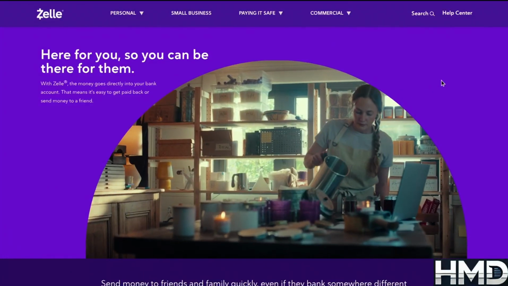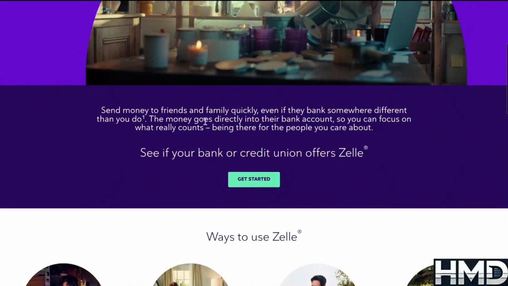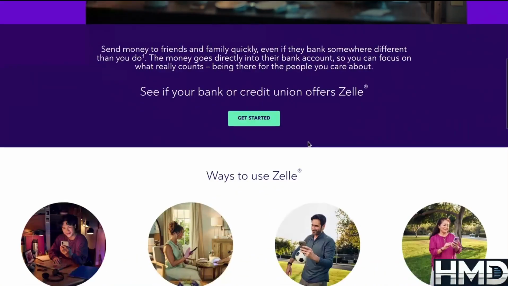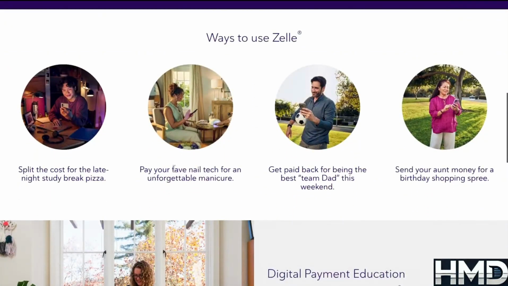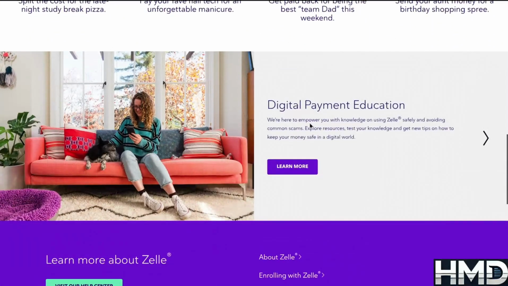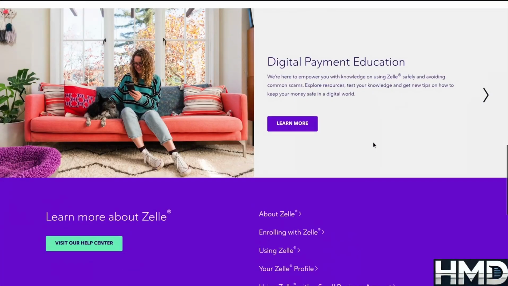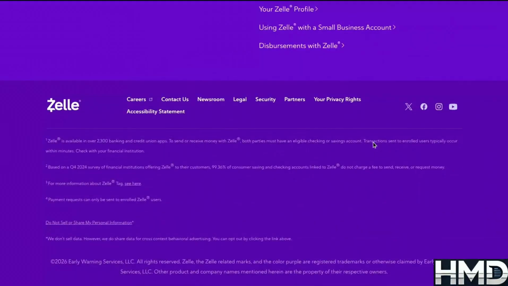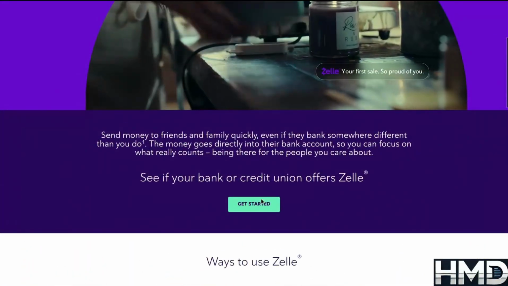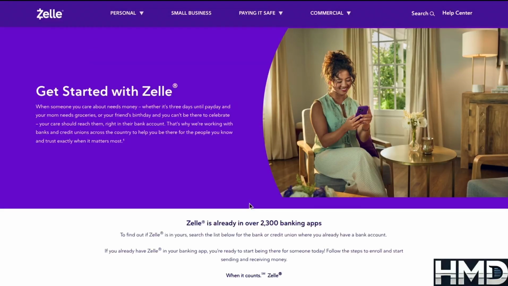Before we begin, it's helpful to understand how Zelle works. Zelle is a peer-to-peer payment network used by many banks and credit unions. Instead of storing money in a wallet, Zelle transfers money directly between bank accounts. People commonly use Zelle for sending money to friends or family, splitting bills or rent fires, paying someone back quickly, receiving payments instantly. Most transfers are completed within minutes, which is one of the main reasons many people prefer Zelle